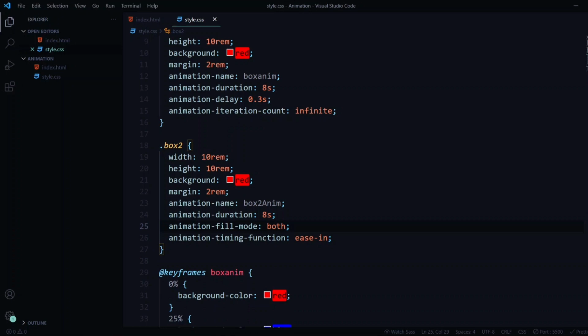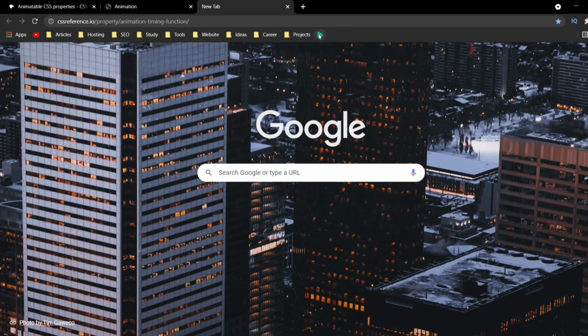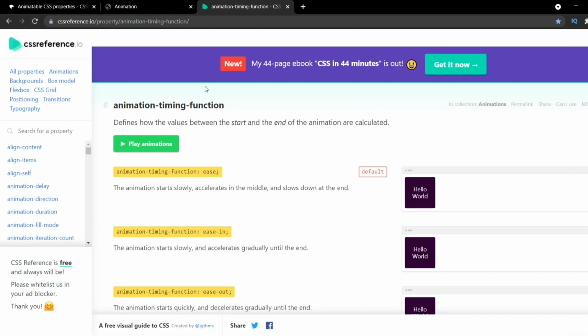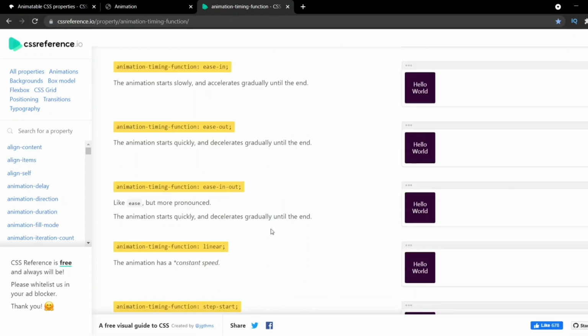And one thing that is there is, again, to understand this better, there's this website. So I'll mention the link in the description, and you can see I've already bookmarked it for you guys, because I'm not going to be able to show you each and every how timing function works. So this is a website, CSS reference, which is a good website for all the documentation that you need for CSS. So here you can check out all of these animation that is there. So you have ease over here, you can see you have ease in, you have ease out. Okay, and you have all the timing function, that is a linear, step, start, and all of that.